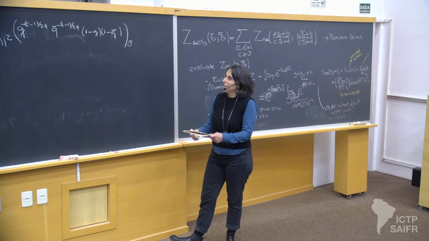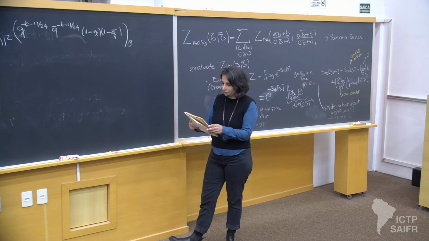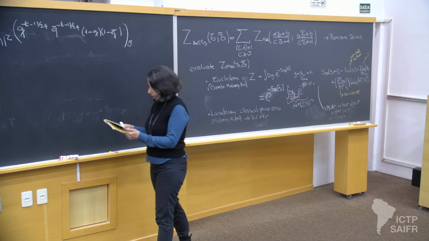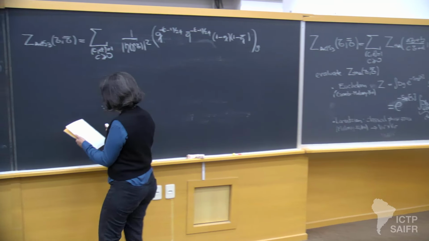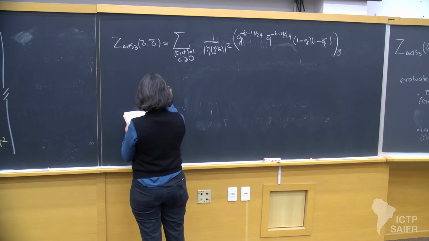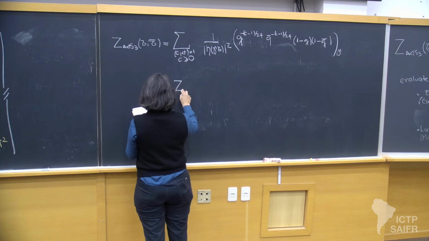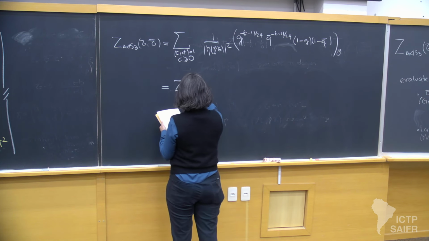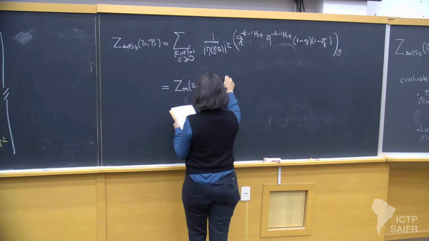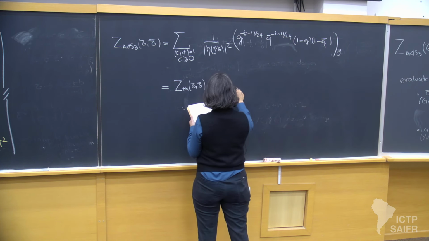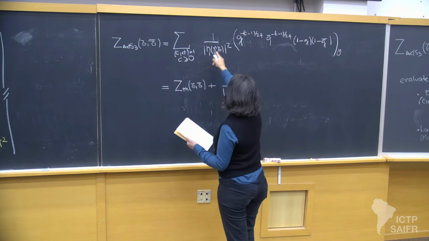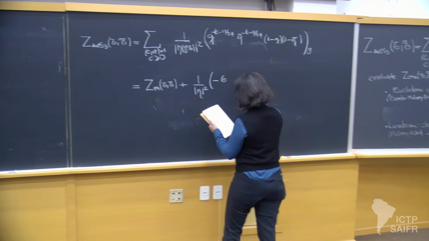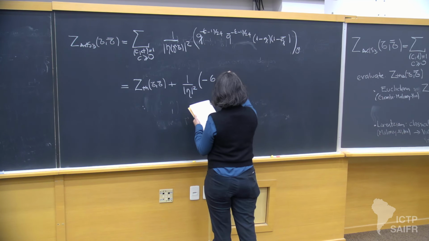It's a nasty sum, but the thing that Maloney and Witten did is that they actually computed it. And what they got is the following. They got the answer that you get for thermal AdS as a function of tau and tau bar. And so you know that's going to be the first contribution from here, so that's not surprising. And the answer there,